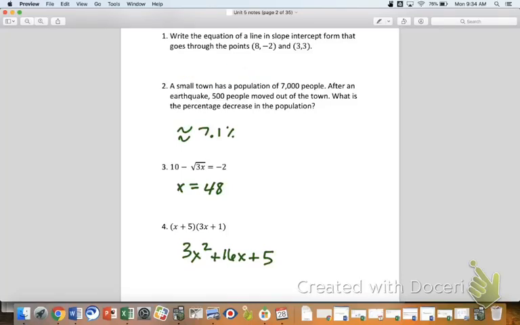y minus negative 2 equals negative 1 times x minus 8. Okay, so y minus negative 2 equals negative 1 times x minus 8. Agreed? That would be point slope. After you multiply the side with a negative 1, and then you're looking to add the 2 over the other